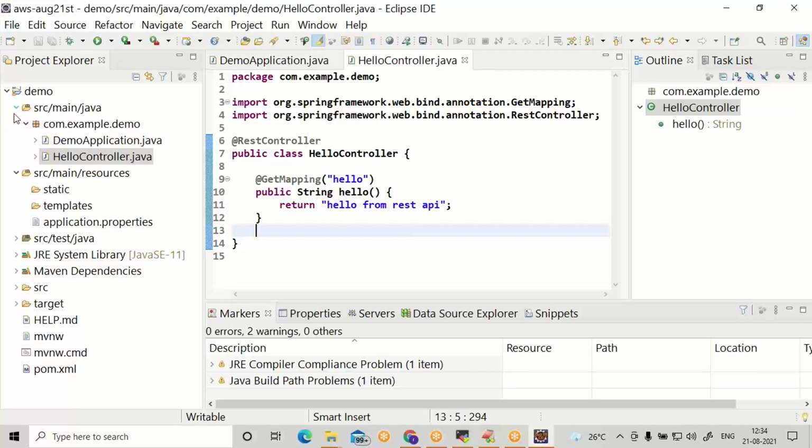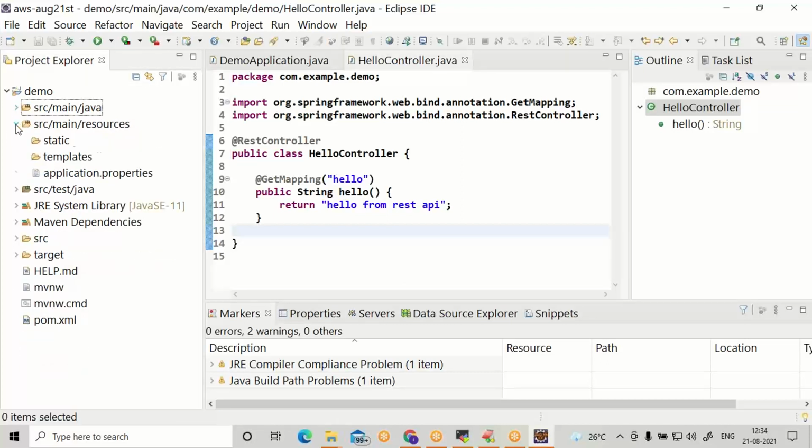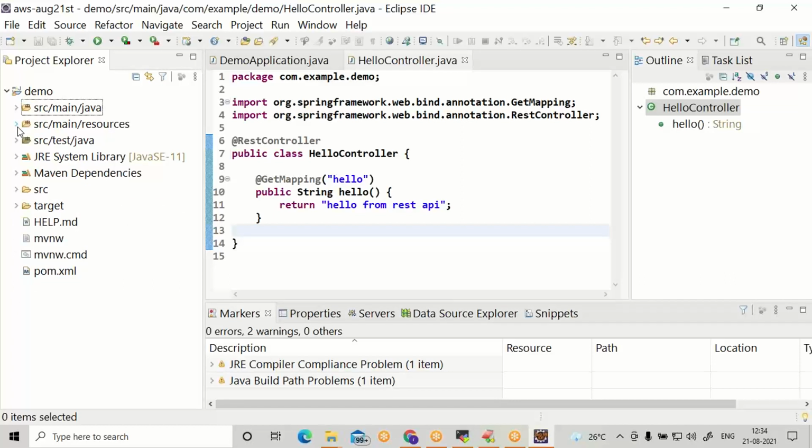This application we have to deploy in the AWS cloud, in our EC2 instance. How can we enable that? Please observe. Very simple.